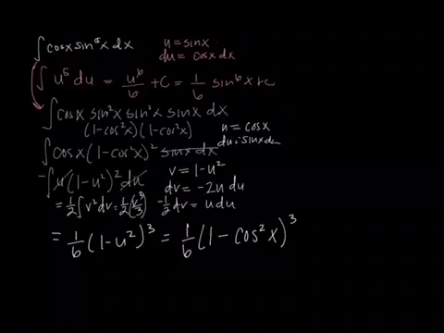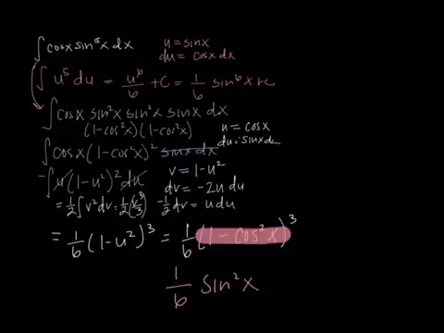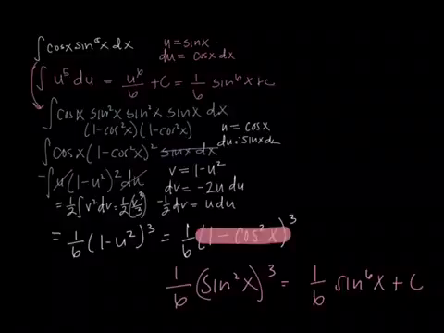But if I went one step further from our identities, that is sine squared of x. So I have 1 over 6 sine squared of x to the third, which is 1/6 sine to the 6th of x. Don't forget the plus c, which is the same answer